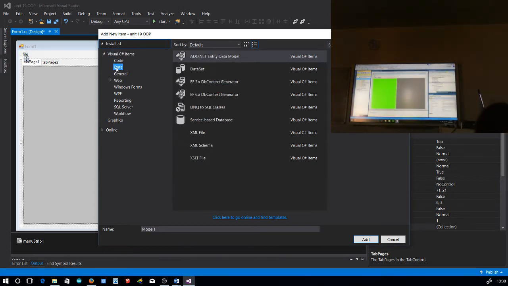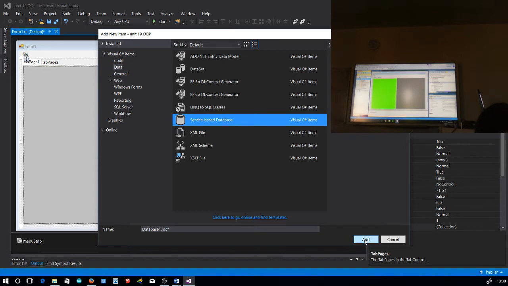Look, down there, Data. You've got it installed. It hasn't got it installed yet. Right, there it is. Data, Data. Okay, and then service-based database. The advantage of this is that